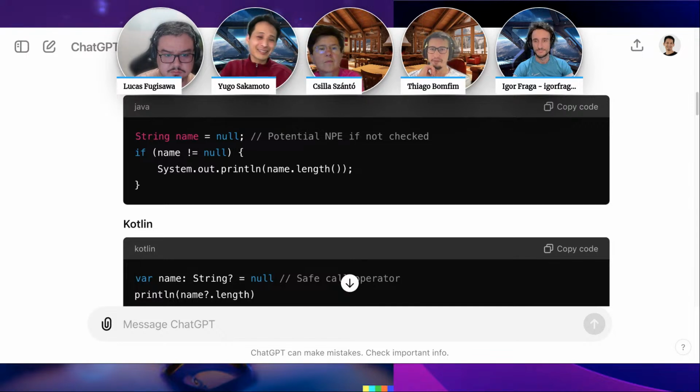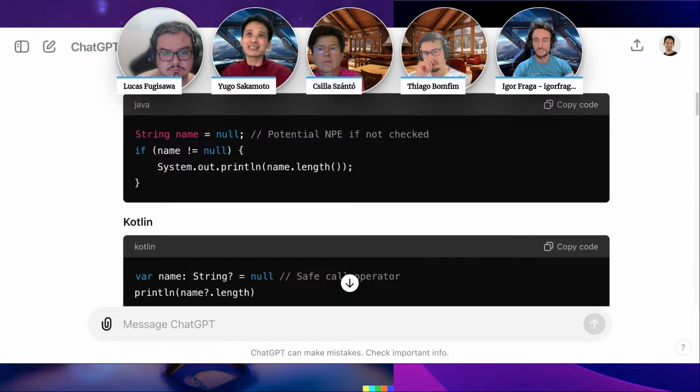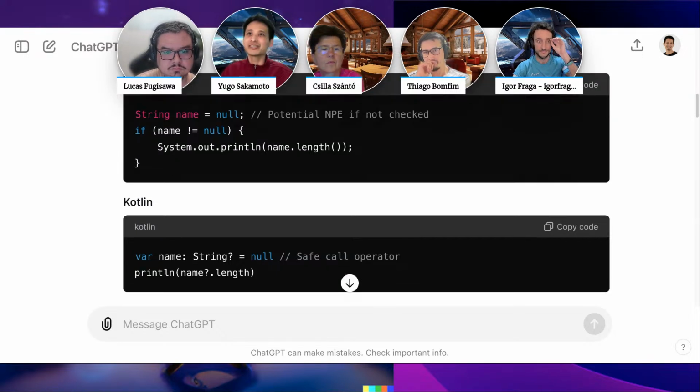Yes. And like we are seeing here, the null safety. We have to check the null here. We can use Optional as well, but we have to do this check anyway, and this is a much cleaner way to write. And I see a lot of other languages that already implement this safety feature. Also, string interpolation.